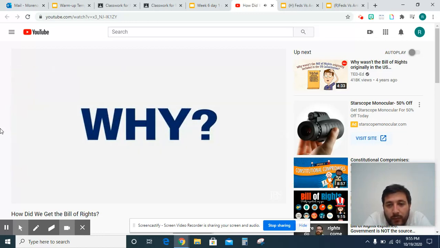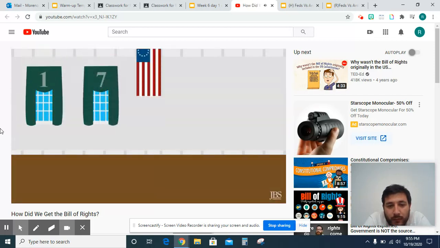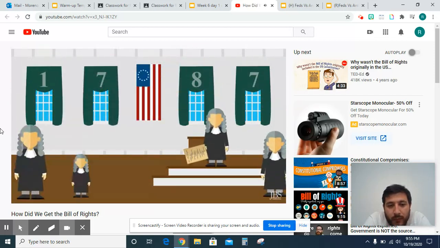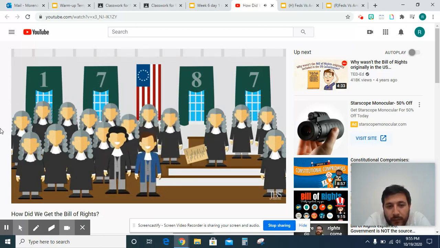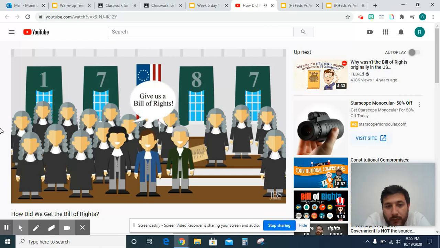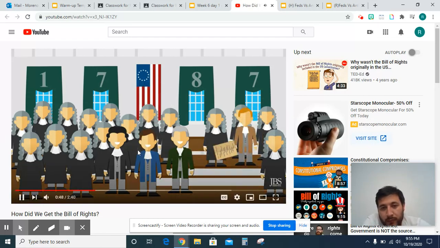Why, you might ask? In 1787, 39 delegates signed in favor of the Constitution, while 3 others present, George Mason, Edmund Randolph, and Elbridge Gerry, refused because they saw a fatal flaw. They demanded a Bill of Rights. This concern did not stop